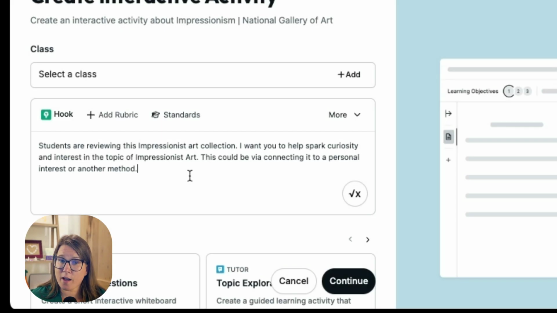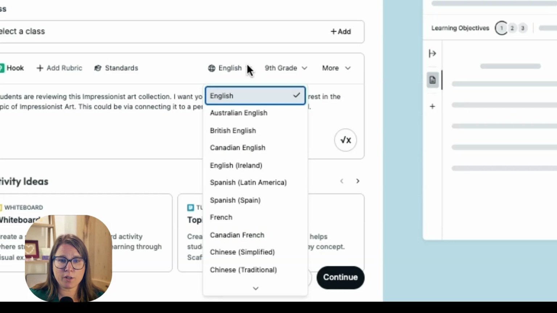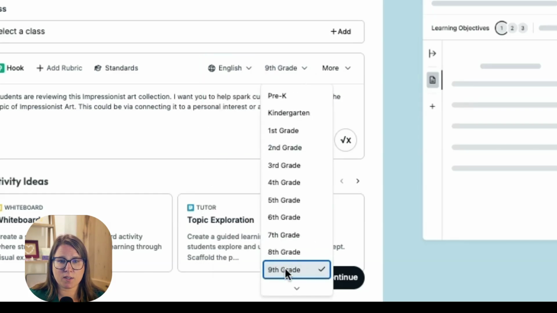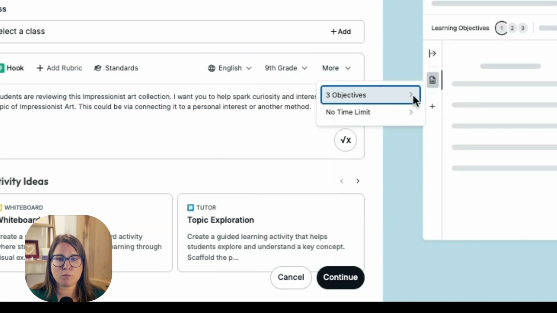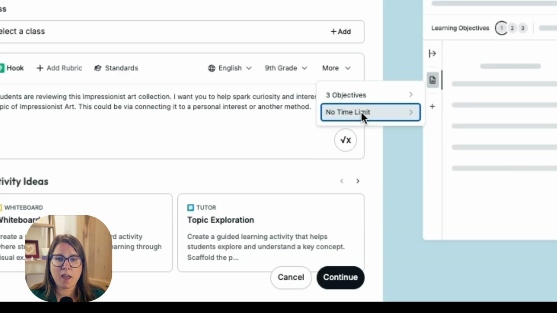Note you also have the option to add a rubric or attach standards. You also have the option to change the language, to change the grade level. I'm going to keep this at 9th grade. You can determine the number of objectives you would like this activity to focus on, and you can also set